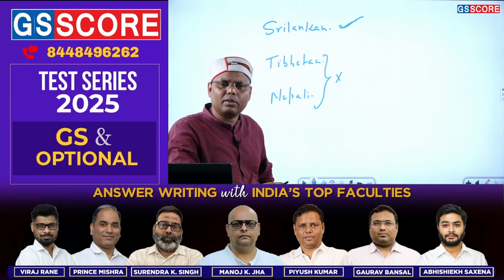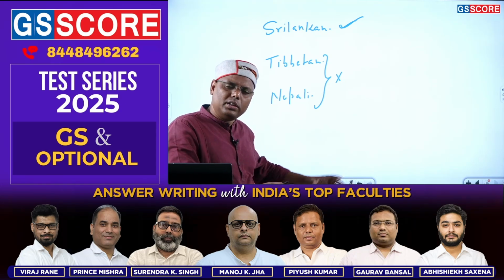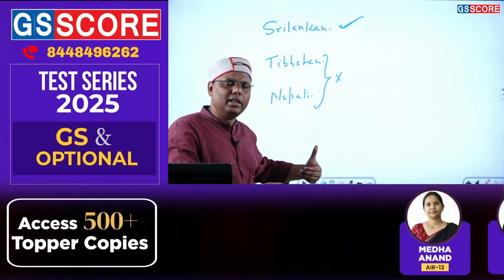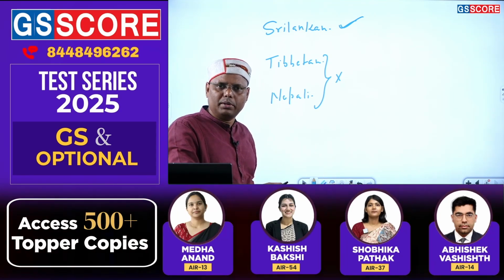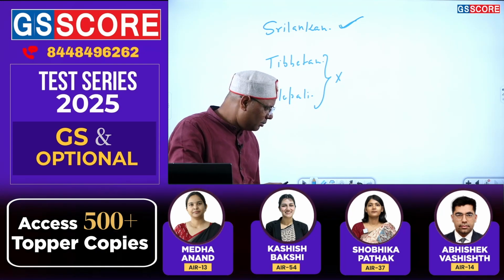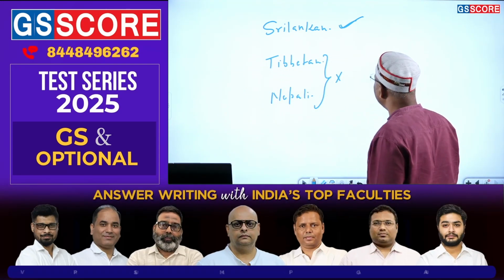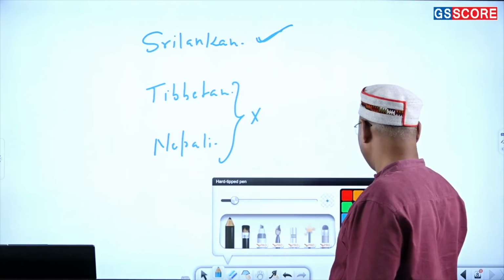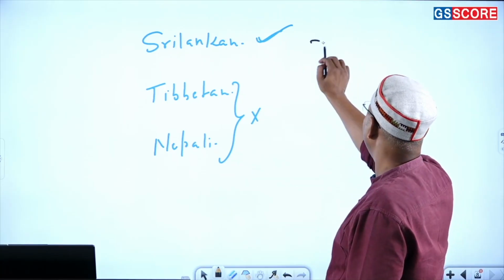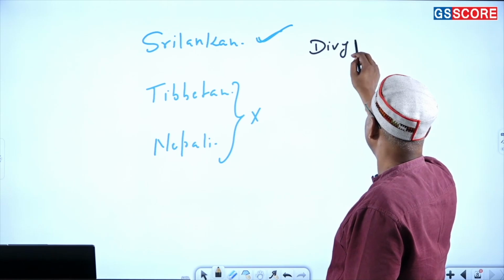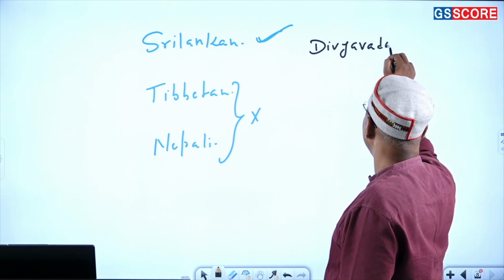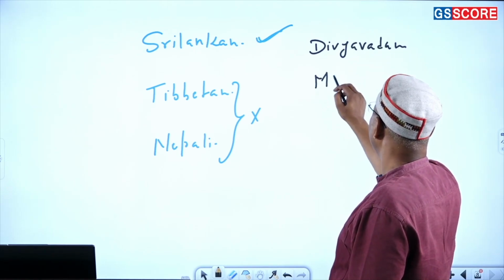I'll simply tell you that if any question is coming on the Sri Lankan text, you know about the expansion of Buddhism into this part, right? The way you see that Buddhism got expanded in this particular area, and after that you can find that there is a longer list of certain texts which have been written, such as we can talk about Divyavadan, Mahavadan,